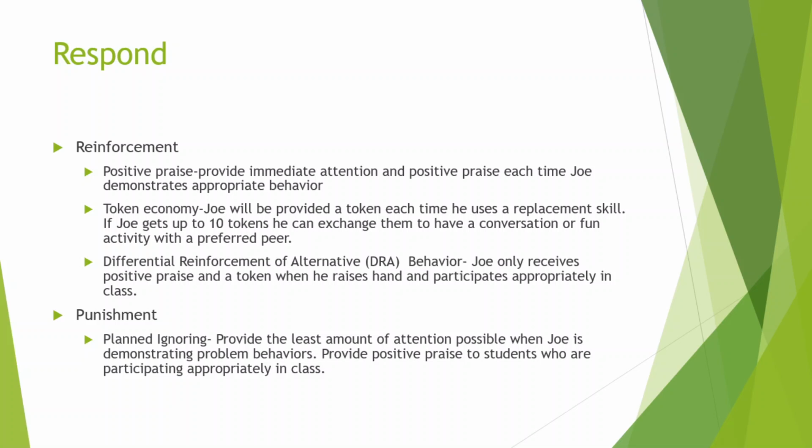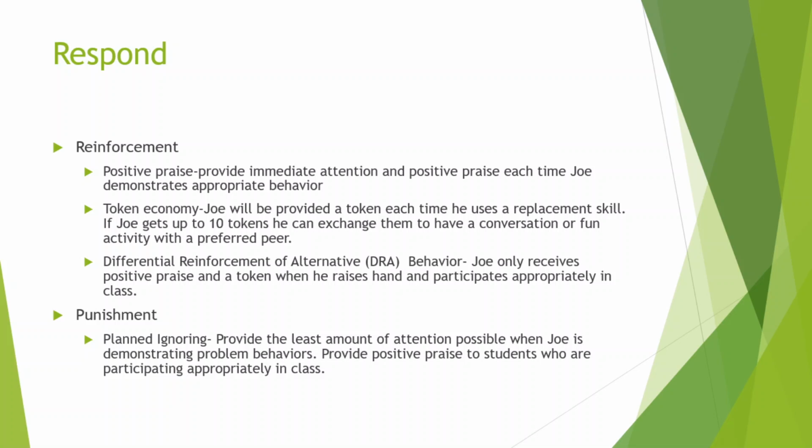So for respond, we went over reinforcement and punishment. Here's an example of some ways we can reinforce Joe's behaviors. One is positive praise. Provide immediate attention and positive praise each time Joe demonstrates the replacement behaviors. You can also use a token economy. Joe will be provided a token each time he uses a replacement skill. If Joe gets up to 10 tokens, he can exchange them to have a conversation or fun activity with a